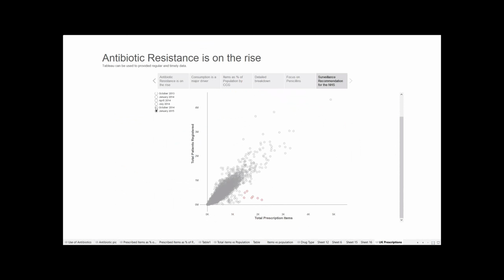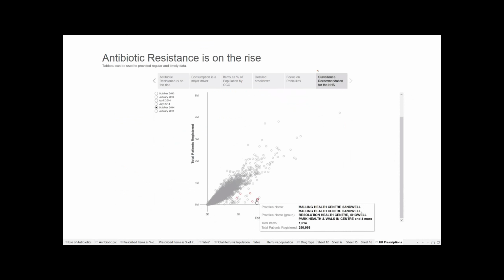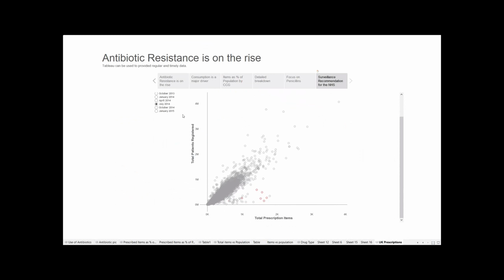There are a few GP practices that are consistently prescribing a lot. Now, there might be genuine reasons why they're prescribing a lot of antibiotics, but